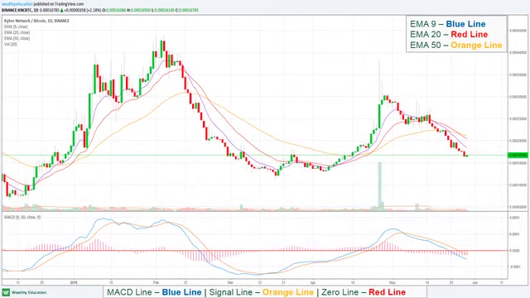Okay, now let's apply everything you've learned in the previous lesson by going through some real-world examples. As you can see on the screen, we have a MACD oscillator at the bottom of the chart. We have three important lines here. The blue line is the MACD line, the orange line is the signal line, and the red line is the zero line. We had an uptrend signal here when the MACD line crossed above the signal line, and both lines